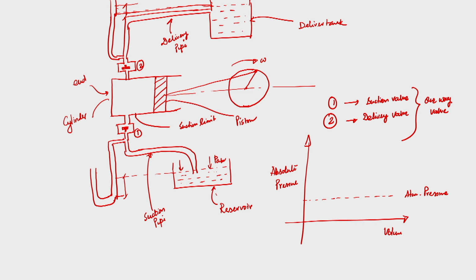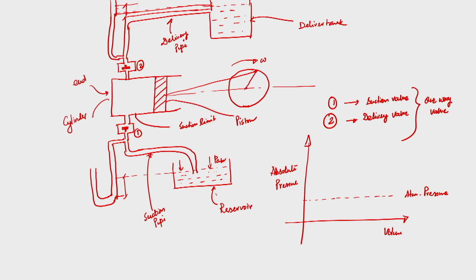Now, when I bring the piston from the piston end to the open side, a negative pressure will be created inside the piston cylinder, and that will create a pressure difference between the reservoir and the inside of the cylinder. That pressure difference will push liquid from the reservoir to the cylinder, and the one way valve will open and allow liquid to go to the cylinder.